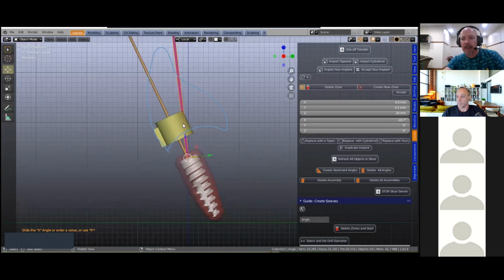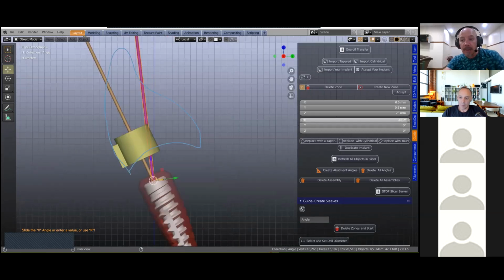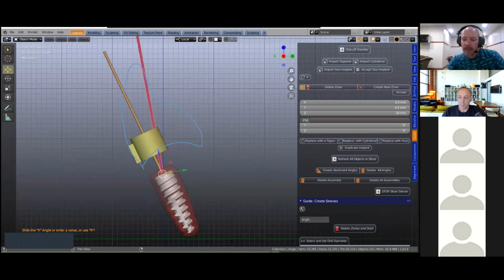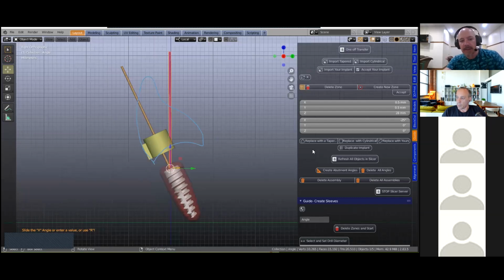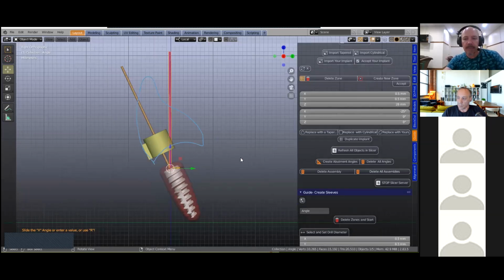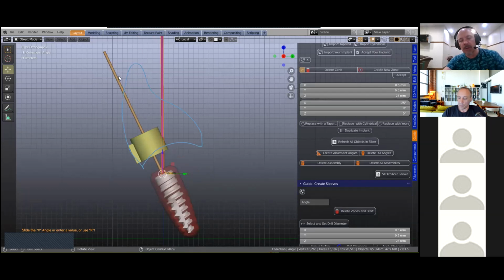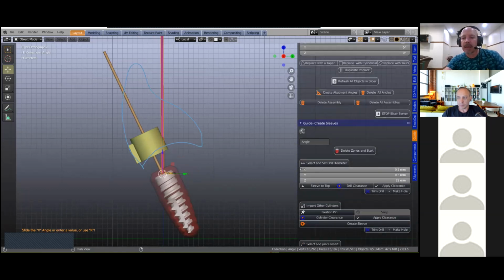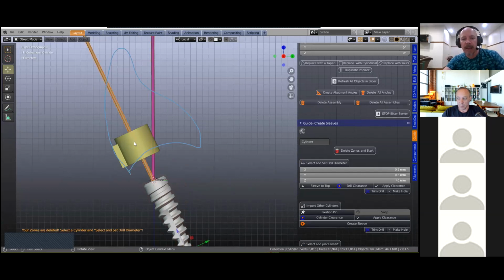Yeah, so here, for example, I've set this to -18, just so you've got a -15-degree angle. It still comes out like this. Whatever angles are available to you, you would then set the angle, and then you would follow this entire procedure from there. So assuming you're doing the implant planning here, and the implant planning has been finished, we would then go delete zones and start, and then we can from there on make our